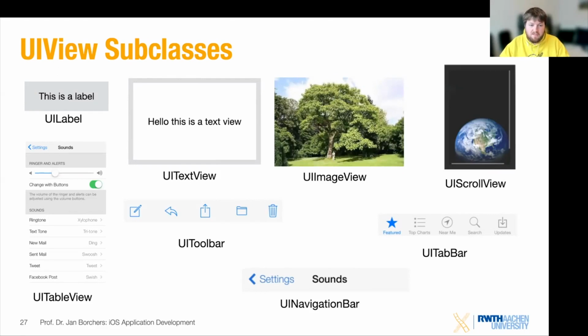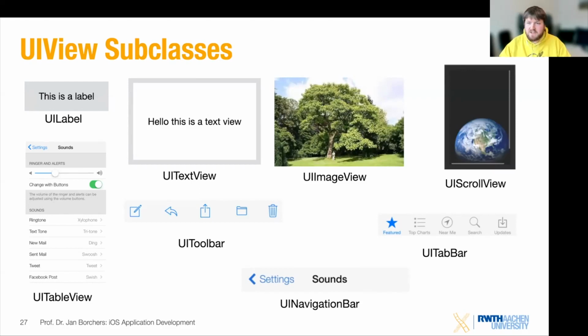If you need more control or you have a longer text, UITextView is also very often needed. And you will see already that the UIKit elements and the UIView subclasses also start with UI, which makes it easy to know directly, okay, this is something that is related to UIKit, that is related to UIView, and it gives you already an impression of what you will be able to do and what behavior you can expect.